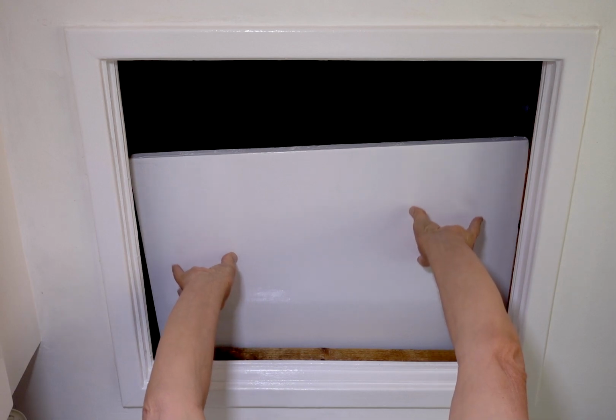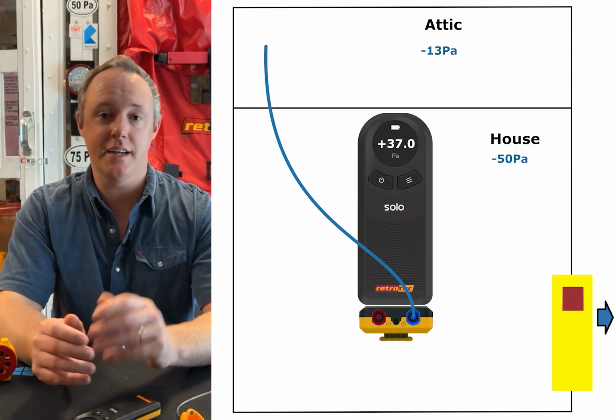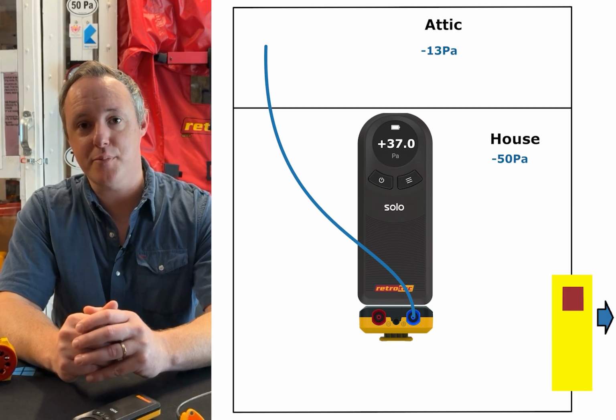And any accesses that are connecting the attic to the outdoors, you want to have those closed. And so the issue that ResNet is trying to avoid is if you have that attic access door open, and your encapsulated attic just isn't sealed well enough, the fan power that you have to depressurize the house may not be enough to bring the attic under the same pressure. And if that's the case, then they do not want you to include that attic space as part of your